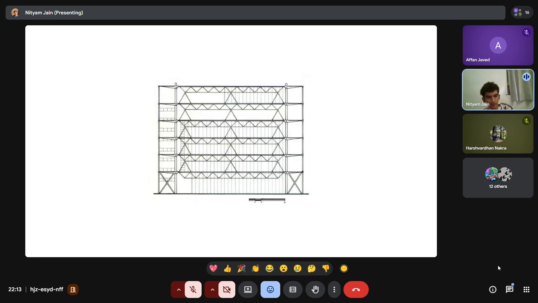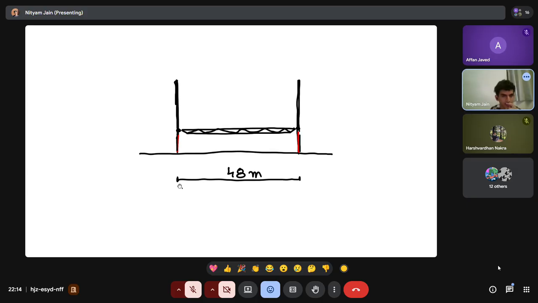If we take a look at Pompidou Center by Richard Rogers and Norman Foster, Renzo Piano as well. In this section, the span is approximately 48 meters. And how they had designed it was, now we have this huge span which is going to bend very easily. So they added these extra members which will also